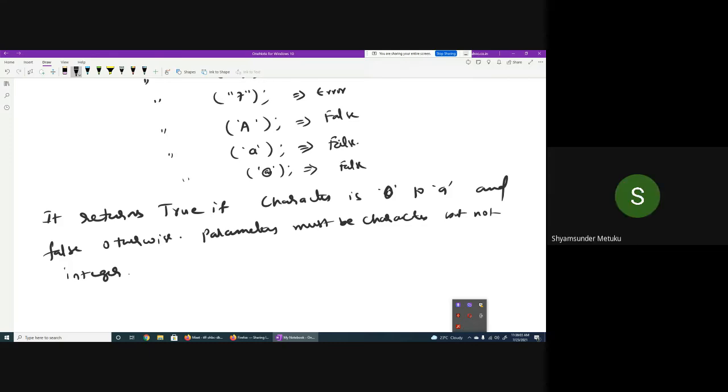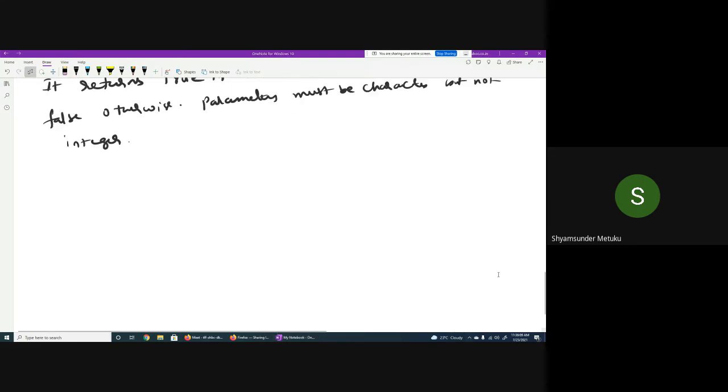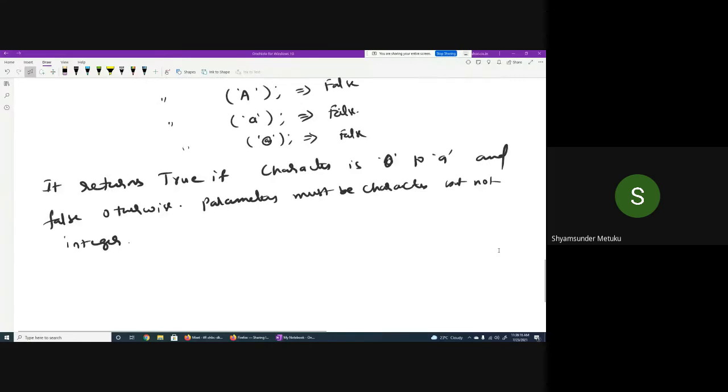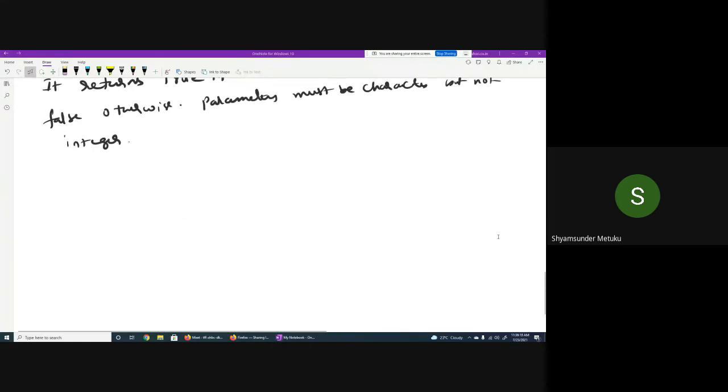So can anybody tell where we use this kind of function in your day-to-day applications? I think everybody has experienced it, but you are not aware of where it is used. I'm sure everybody might have used this particular function without your knowledge.